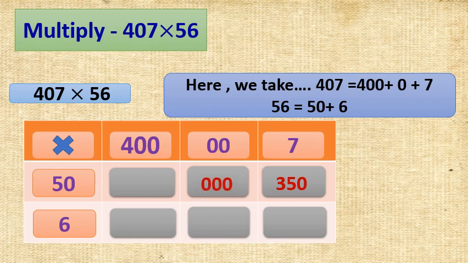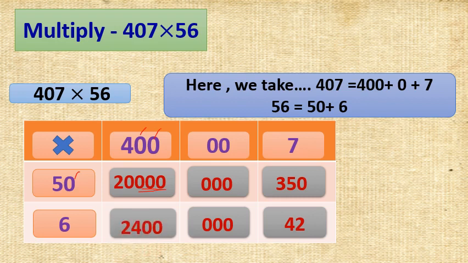Here 50 multiplied by 400, that is 5 fours are 20 and 3 more zeros. Remember this. Correct, because here 2 zeros are there, 1 2 and here 1 0. So you have to write 3 more zeros here after 20. Then now 6 sevens are 42. 6 into 0, 0, and 6 fours are 24 and 2 more zeros.